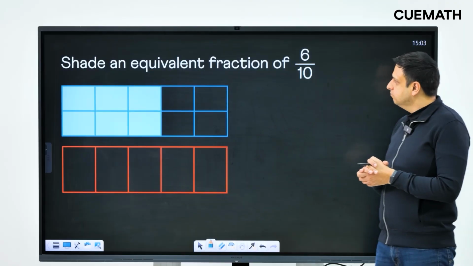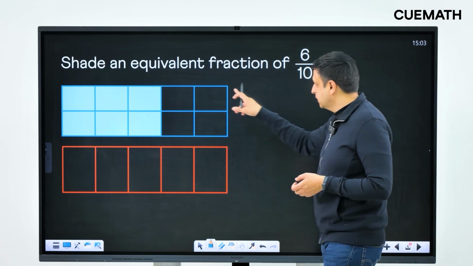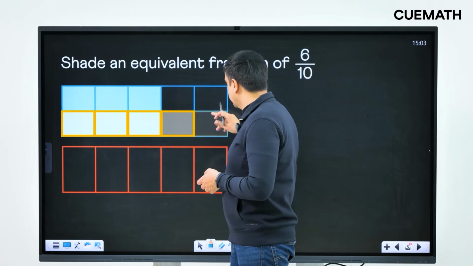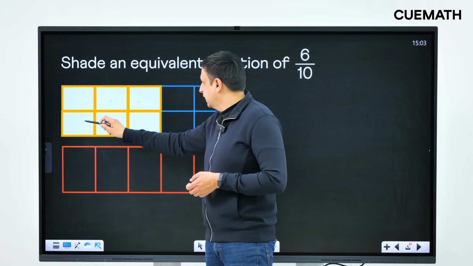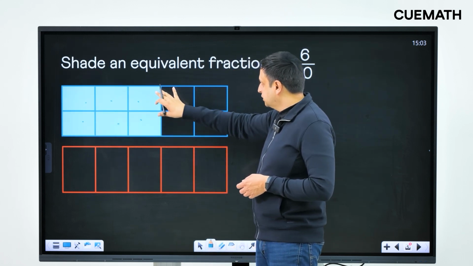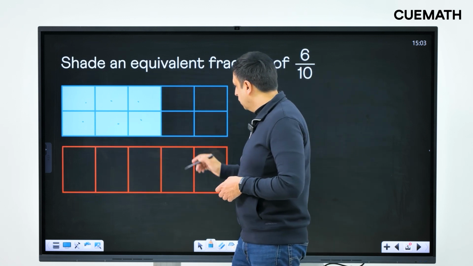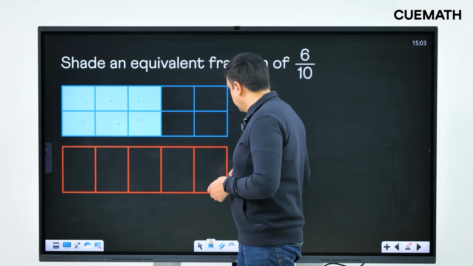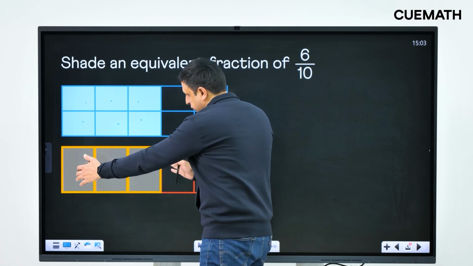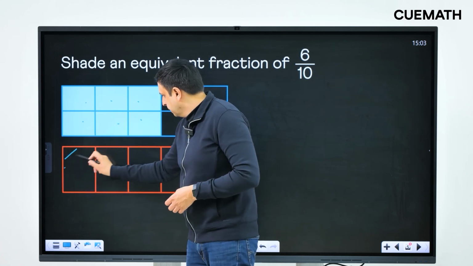Okay, in this one, you have to shade an equivalent fraction of 6 over 10. So see this whole here divided into 10 equal parts, 6 of them are shaded, so this is 6 over 10. Now we have to shade an equivalent fraction of 6 over 10 over here. So we have this whole here, and we have to shade the same portion of the whole as in this fraction. So what we'll do is shade this part,